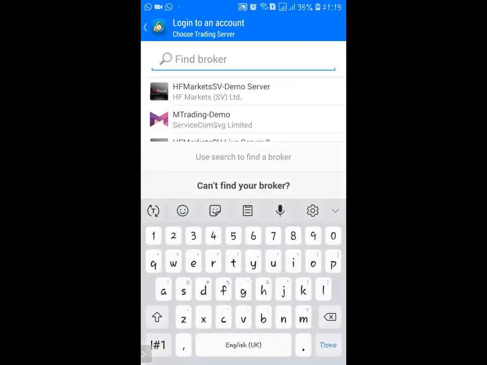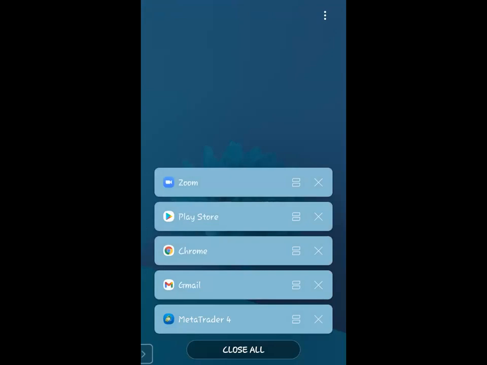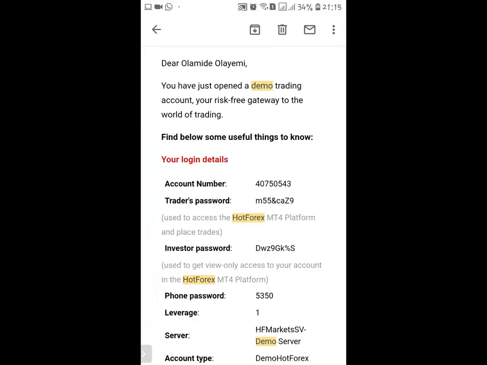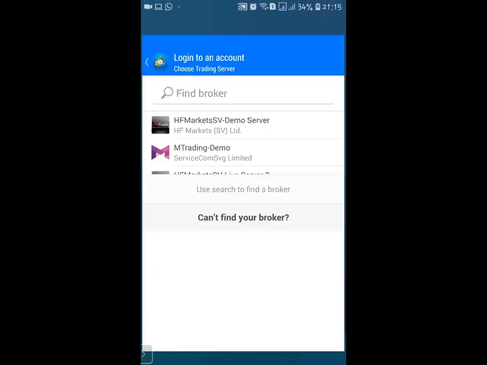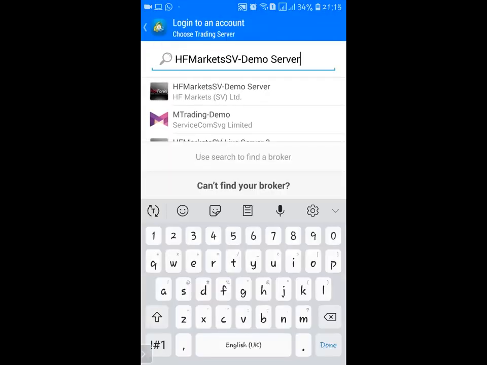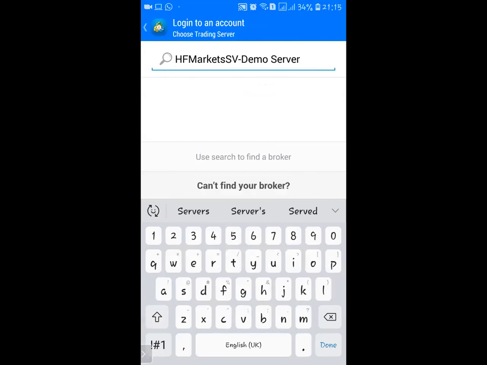The first thing you need to look out for is what is your connecting server. Please, your connecting server for those using Forex is different. So just copy and paste whatever they give you. So it's always different. So scroll down. So this is my server. So just copy this thing. That should be the first you should copy. You can see whatever is here is what you should copy. Please, it usually changes. So don't just go and write it there. So you should search for it. MT4 demo, you can see demo server,